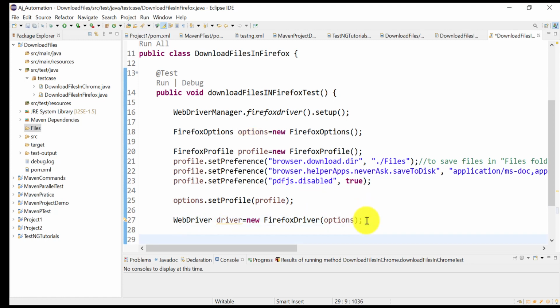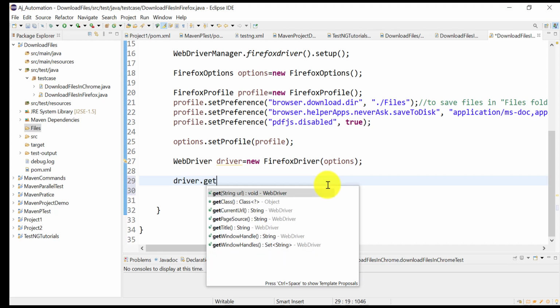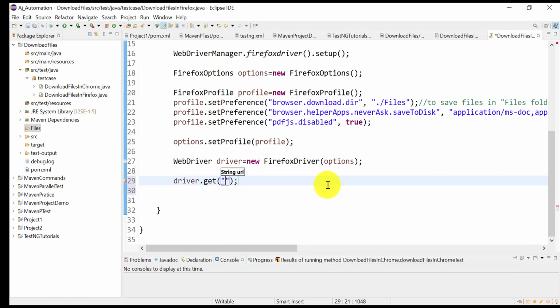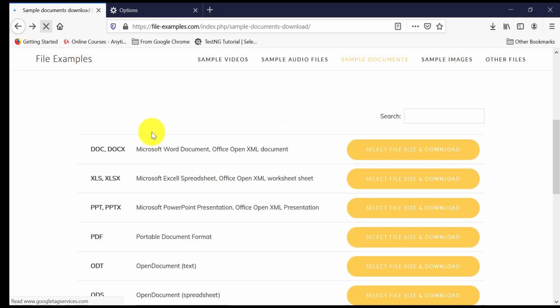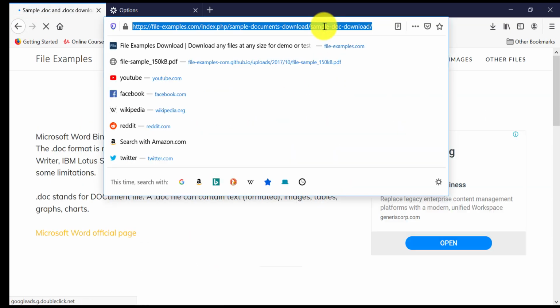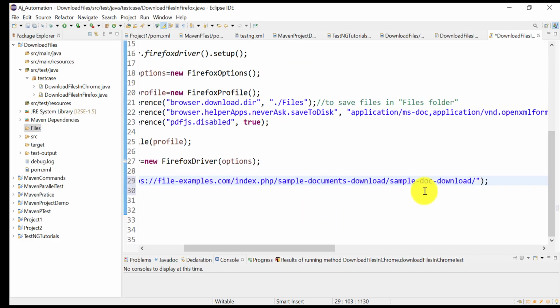So next thing is .get, and unit 2 for docs. You need to go to this website.